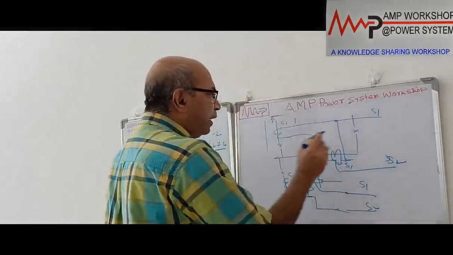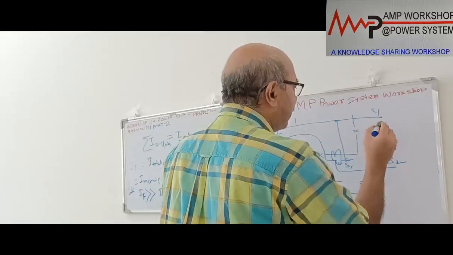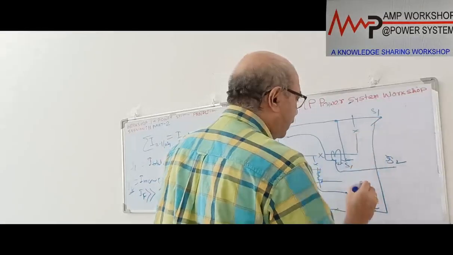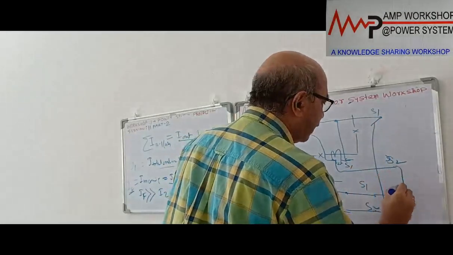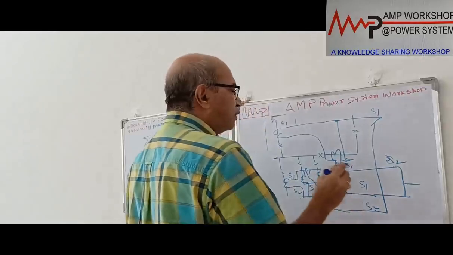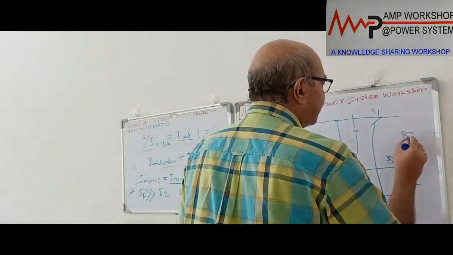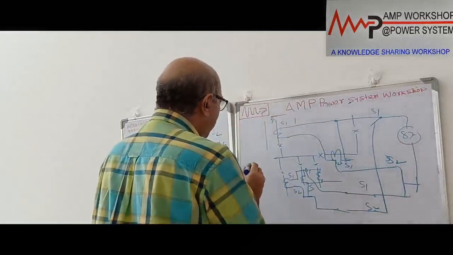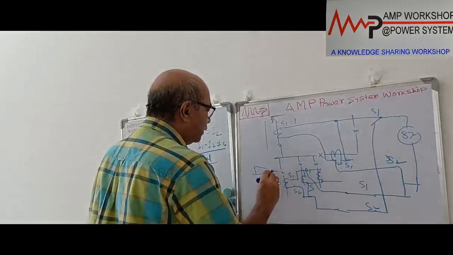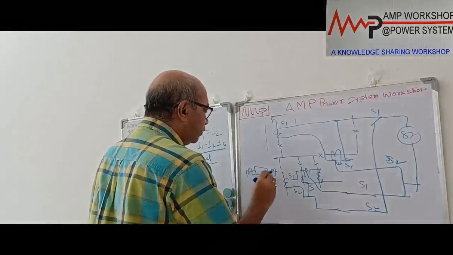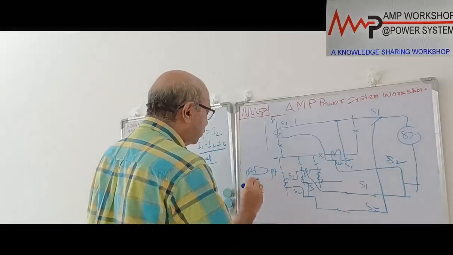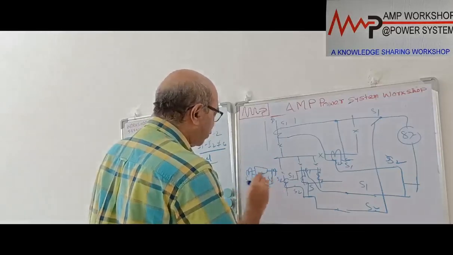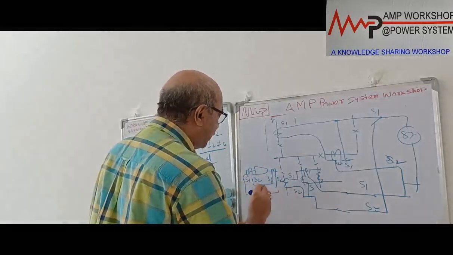What we have shown: the incoming S1 and the outgoing S2 will be connected, and this S1 and this S2 will be connected. Between these two we connect the 87 relay. Then it will be like what we drew before. So this is a CT, this is a CT. This is S1, this is S2, this is outgoing S1, this is S2. This S2 is connected to S1, this S1 is connected to S2, and the relay is connected between these two.